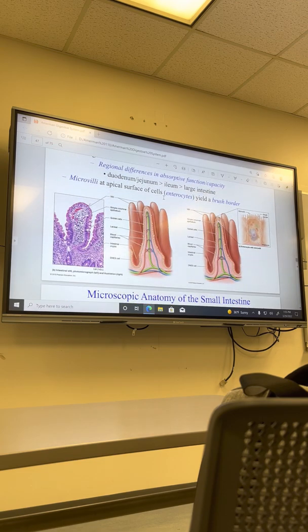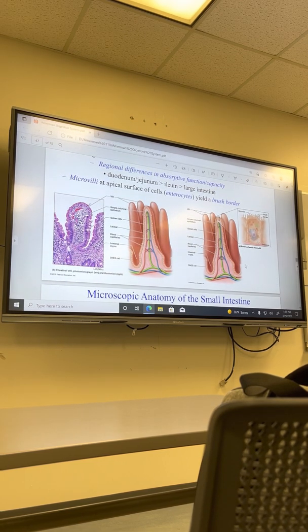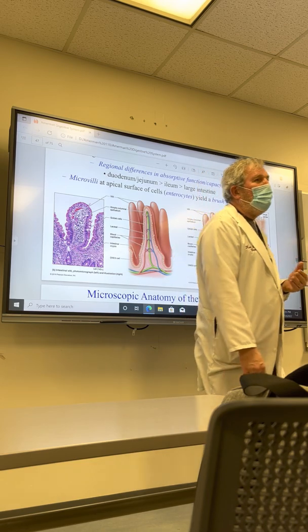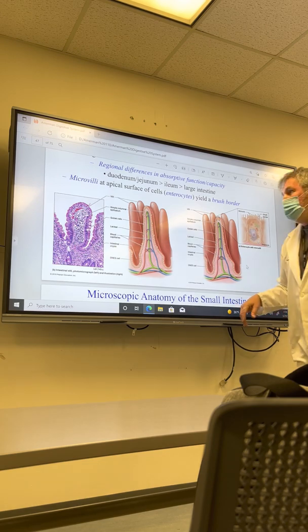Regional differences. No, but I will mention, this is the part of histology that's worth knowing: in order to digest food well, right, Solly is demonstrating for us here today, you need to have a lot of surface area for absorption. So we have folds on top of folds on top of folds to keep increasing surface area. You saw that the stomach actually had folds, like where you got folds in the intestines, and then you've got these